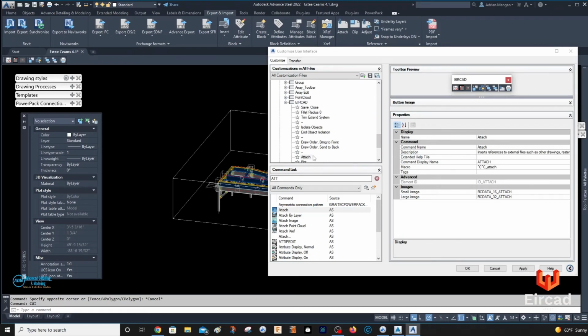It'll go in that section. You can put all your advanced steel ones in here. Any one that I have on this ribbon I can put in here, so it's quite useful. I quite like it. I'm probably going to set it up with everything across the top here.